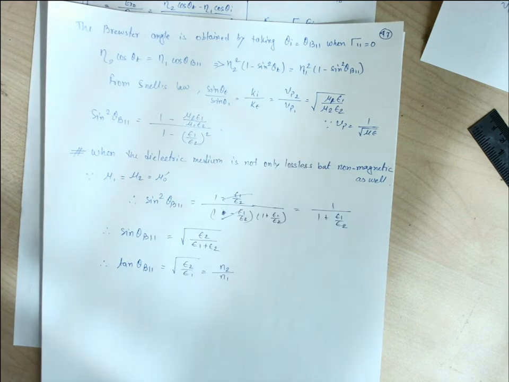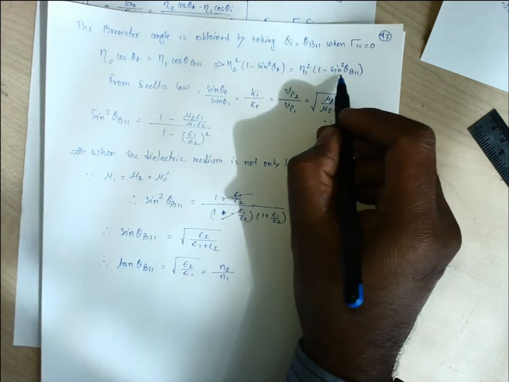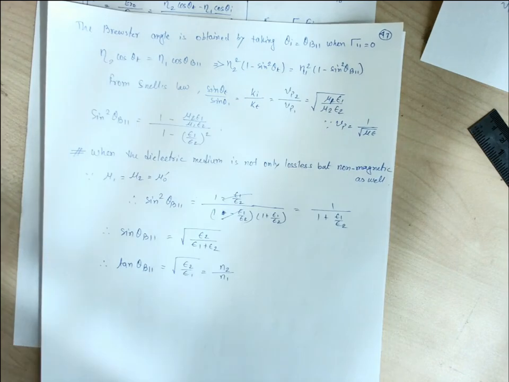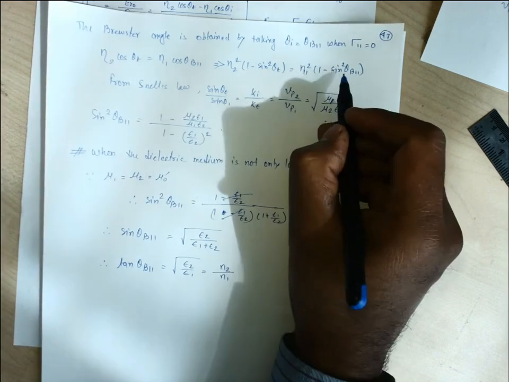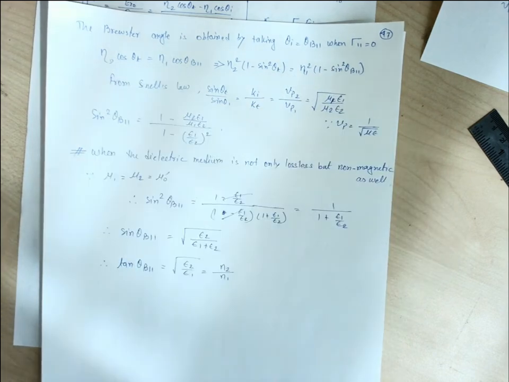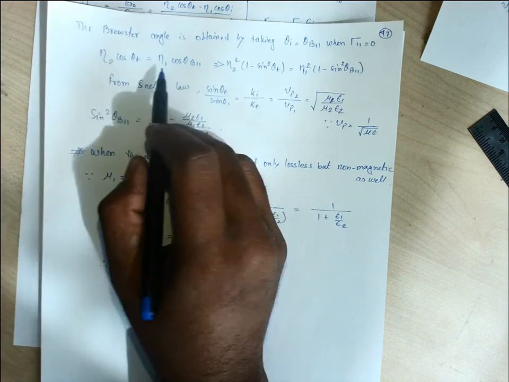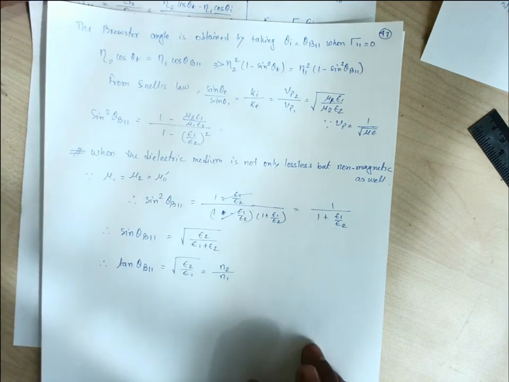This expression is sine square theta b parallel. What we have been considering is that the incidence angle is the Brewster's angle, for which the reflection coefficient is completely zero. There is no reflection, right? So what we have been considering from this expression,